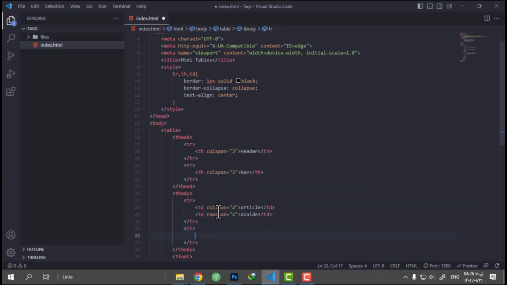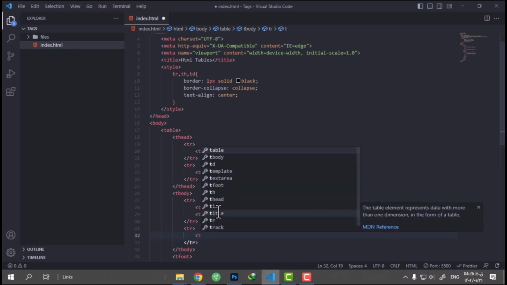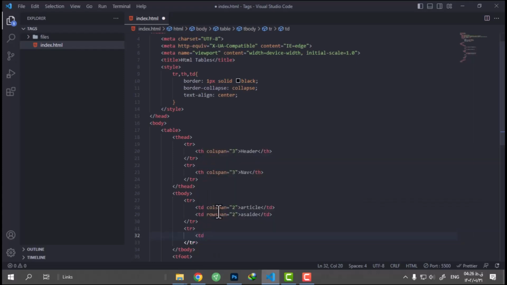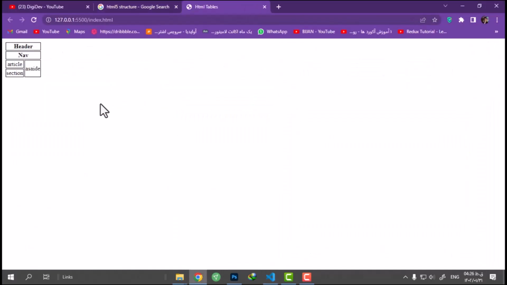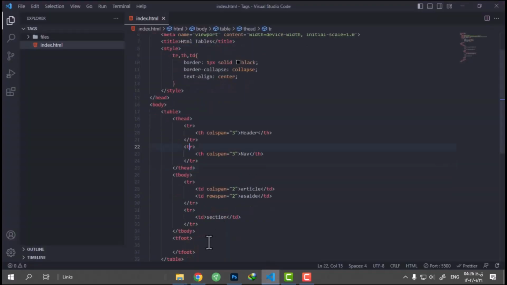And again a tr, because maybe I write my code in the wrong way, but we are going to debug this. Okay guys, and td section. I want to check my code. Oh, this is good. I am going the right way. All of my code is right. Okay guys,